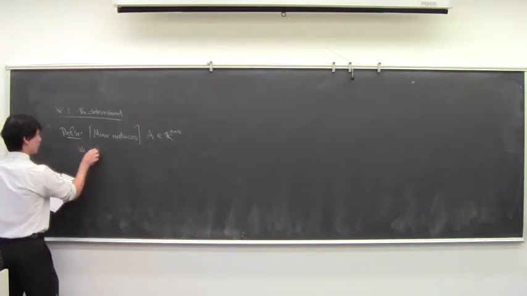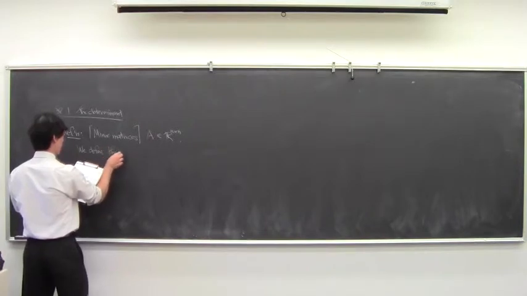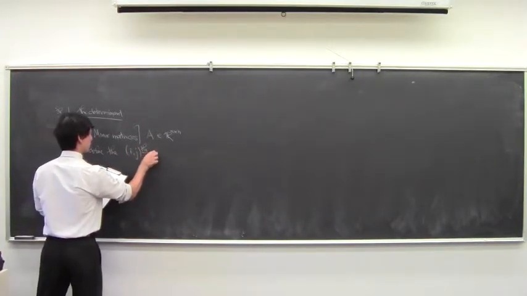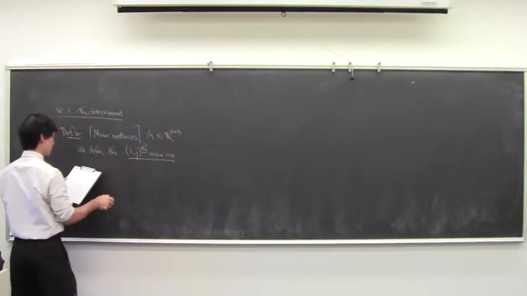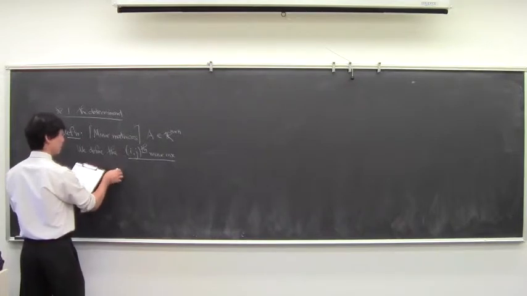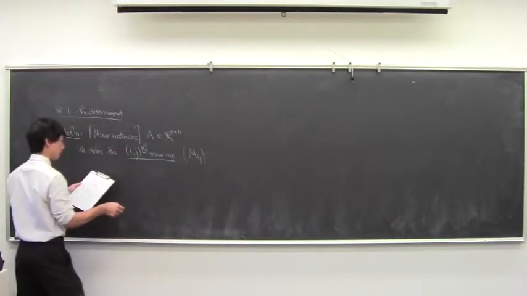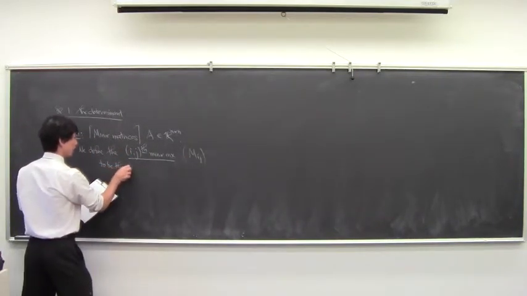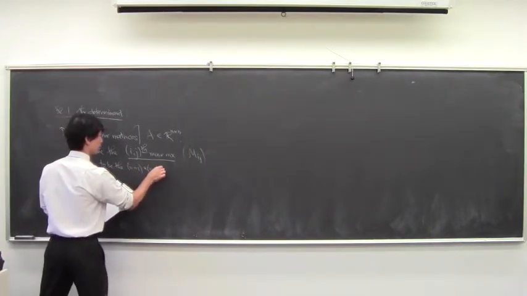We define the ijth minor matrix, and let's call it Mij, for m for minor, to be the n minus 1 by n minus 1 matrix